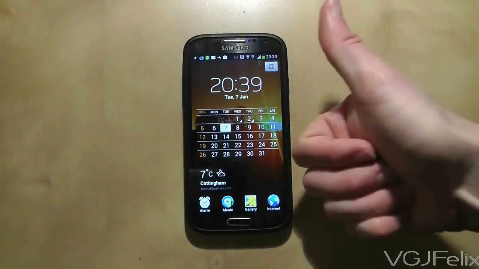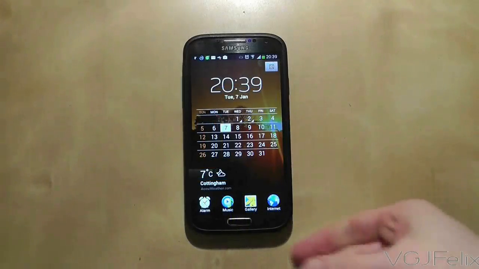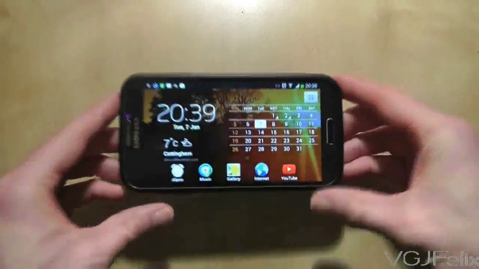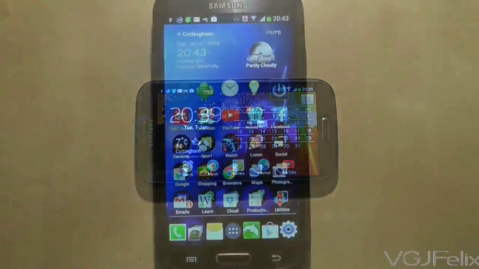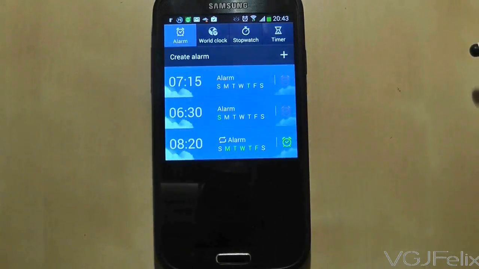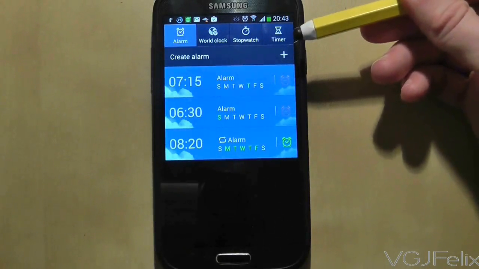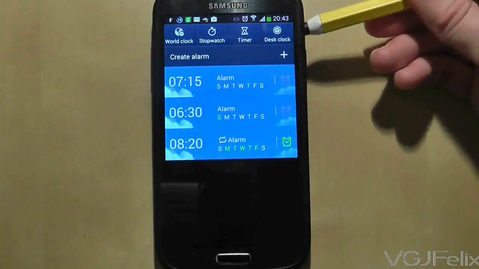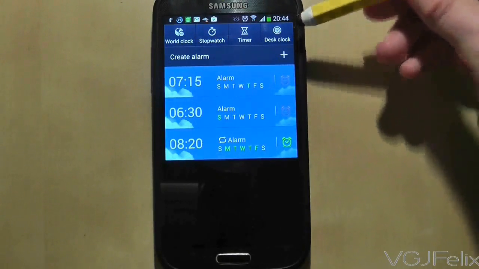This is Desk Clock for your Samsung Galaxy S4, a semi-permanent display for your phone that works in both portrait and landscape. The trouble is, it's a feature that's a little hidden away, so here's how to find it. Go to your clock application where you'll find alarms, stopwatch and so on. The top set of tabs can actually be swiped from right to left, and doing this will reveal the Desk